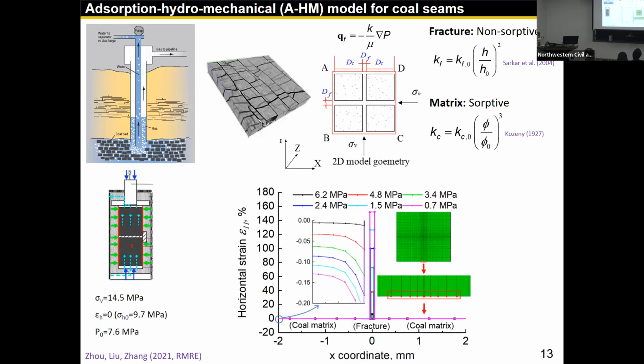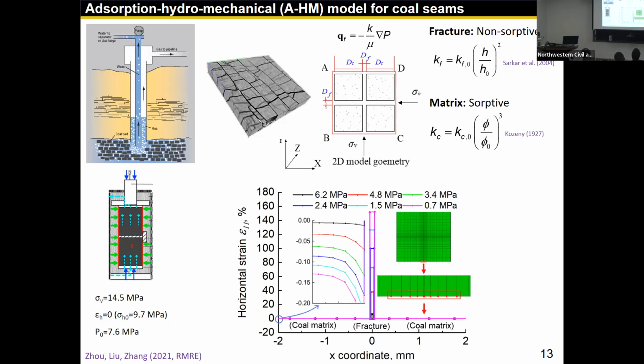Then we can put it into a triaxial test setup. Everything is brought to equilibrium with the initial in situ state with the high vertical stress and high pore pressure. And then we do a depletion path, meaning keep everything the same, but reduce the pore pressure. As you can see, this is the path along the bottom of the sample.